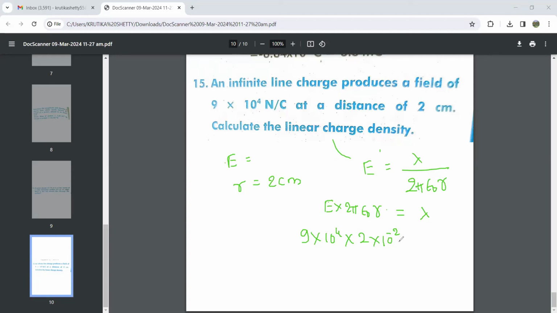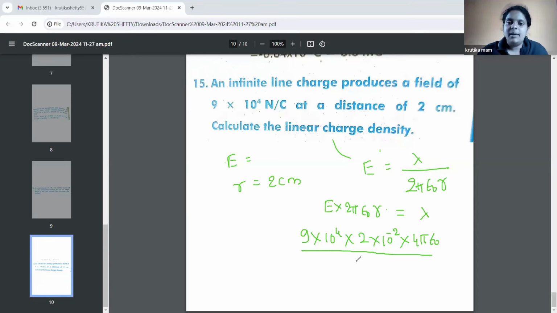And for the 2 pi epsilon naught value, what you can do is make it 4 pi epsilon naught. By chance, if you use this formula with 4 pi epsilon, otherwise you have to substitute 2 into 3.142 into epsilon naught 8.854 into 10 raised to minus 12 and everything. Do you understand? So what to do: 2 pi epsilon naught, make it as 4 pi epsilon naught and then divided by